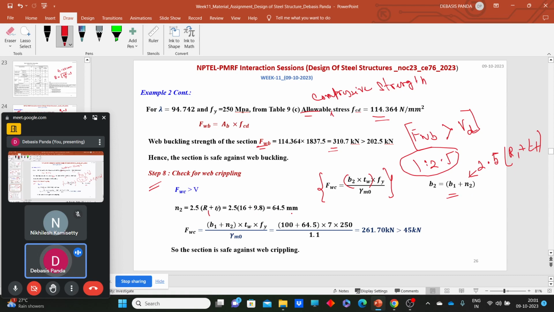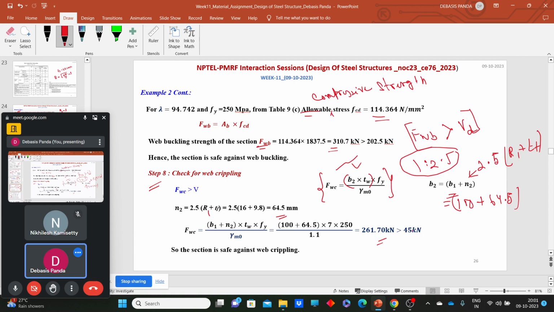First we need to calculate the N2 value. N2 comes as 64.5, as R was 16 mm and TF was 9.8 mm. And now we can calculate the B2 value. B1 we have considered as 100 mm plus N2, which comes as 64.5. Now plug all these values into this equation, and you can easily calculate the value of web crippling strength. So the value of web crippling strength comes as this, and obviously this should be greater than or equal to the